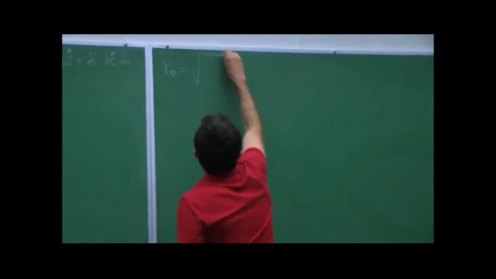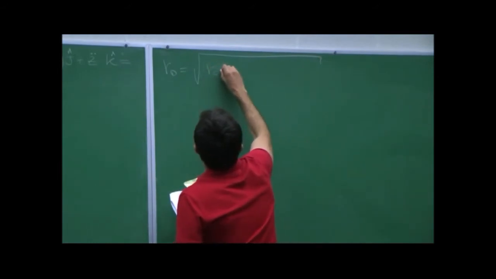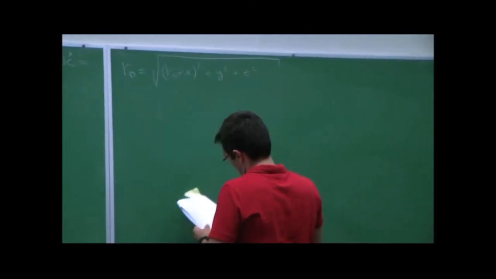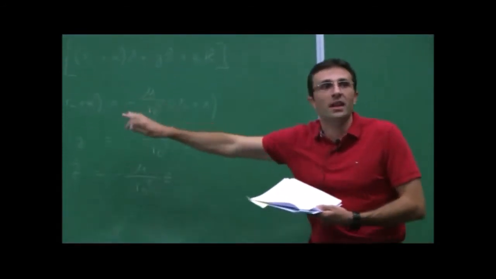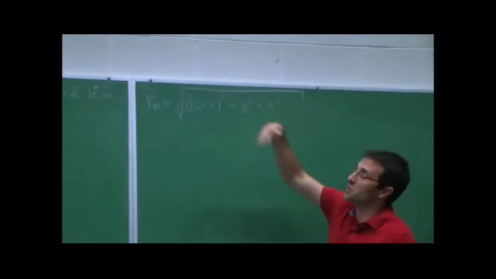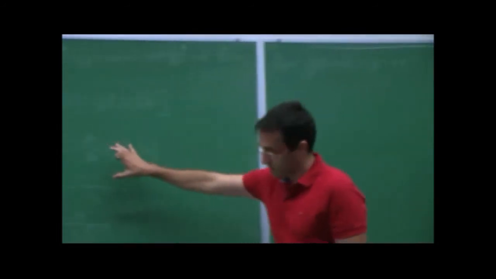Right, they're not. What is RD? RD is the square root of (RC plus x) squared plus y squared plus z squared. Do we agree with that? So I don't like this thing down here to begin with. Just by itself, even if it wasn't a denominator cubed, that element right there is not linear, right? The square of x, the square of y, square of z, there's a square root, there's all sorts of stuff going on here. So I need to linearize those equations. I need to make that non-linear term disappear. Okay,